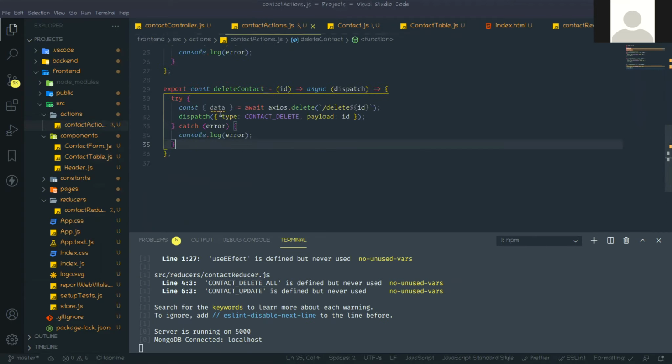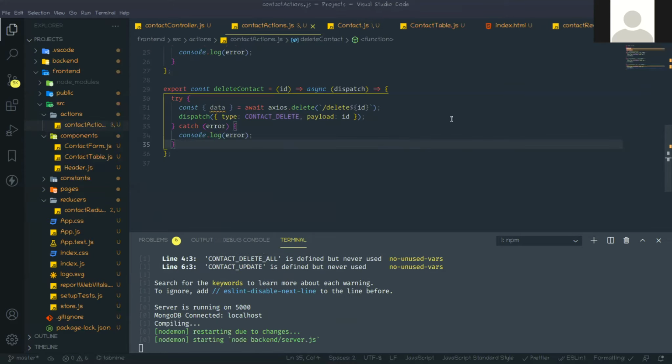So in this action, it just calls that API for delete, and that API will delete that data. Then you need to just fetch that ID, which means contact delete, and the payload should be ID. So this ID is actually this one. But if you want, you can send that ID from the API and get it from data.id or something like that. Okay, but this is the same. If any error occurs, it will be caught, which means the error is handled. If that is fine, then this line will run. That's why I am taking this ID.